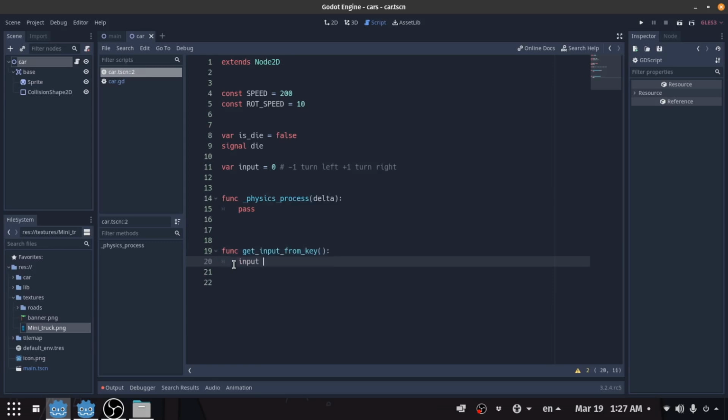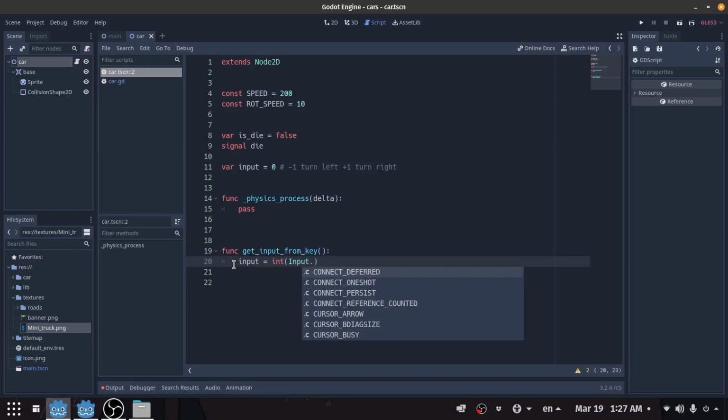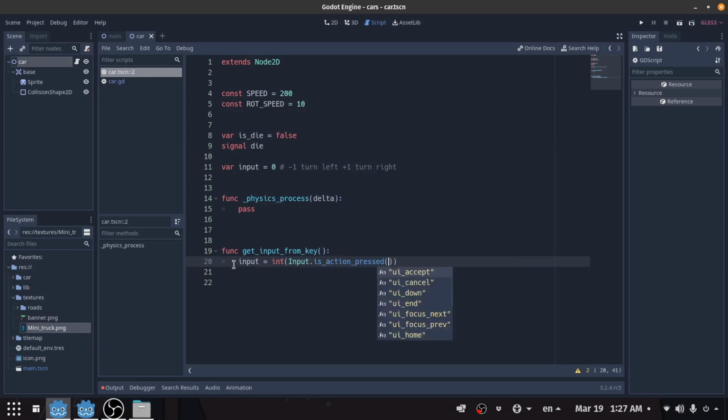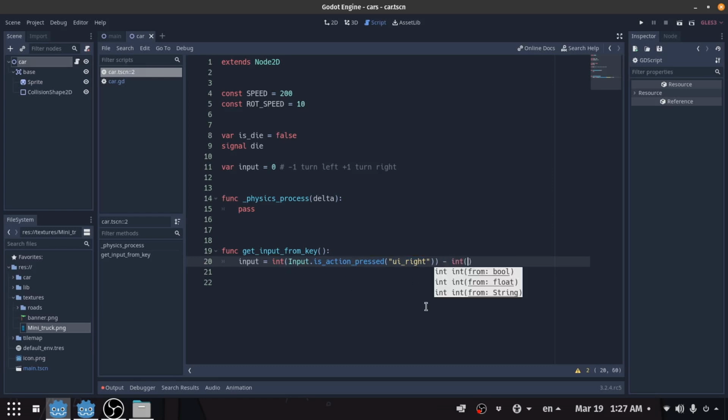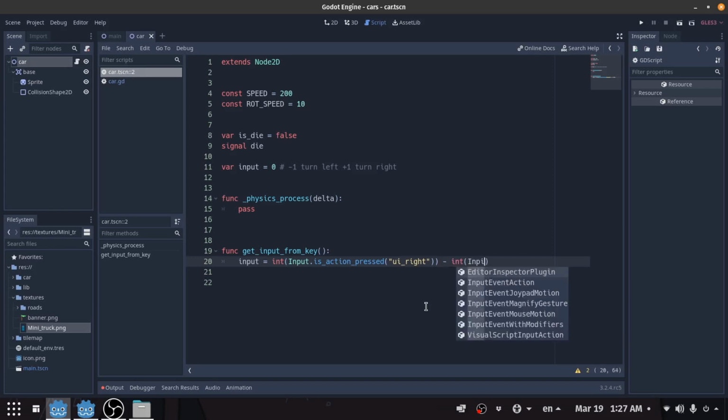We need to say input is equal to integer input is action pressed UI right. So if I press the right button here, it's going to be true, and it's going to change it to a number. If it is true, it's going to be 1. If it is not true, it's going to be 0, and it's going to be minus integer input